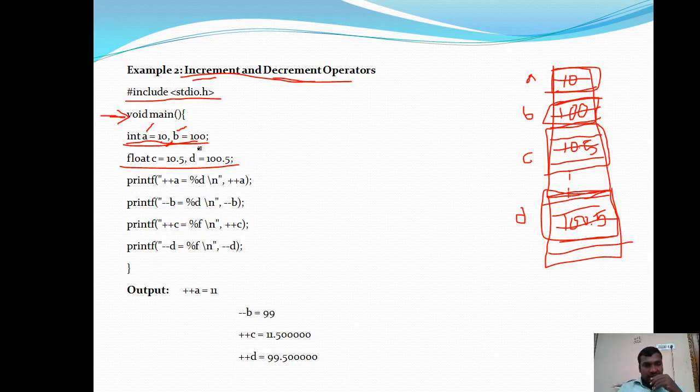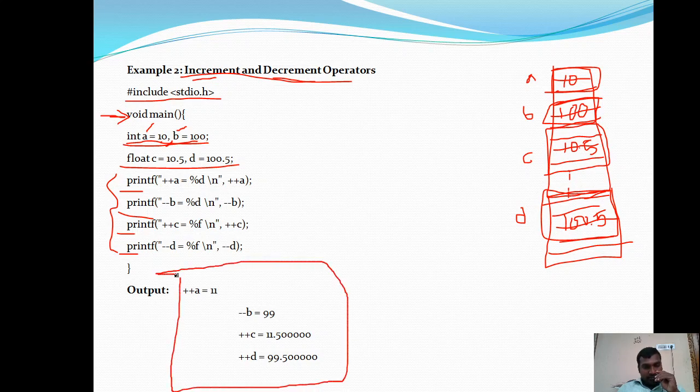Then the next statement is a printf statement. The next four statements are all printf statements. We use printf to print text or output on the screen or terminal. For example, this is our screen. Here: printf("++a is equals to %d\n", ++a). Whatever is written between the double quotes is printed on the screen, so "++a is equals to" is printed first.